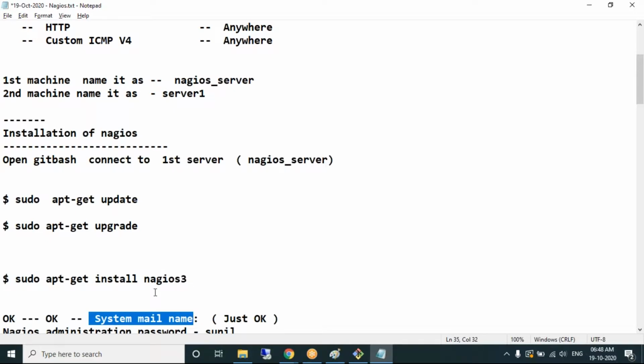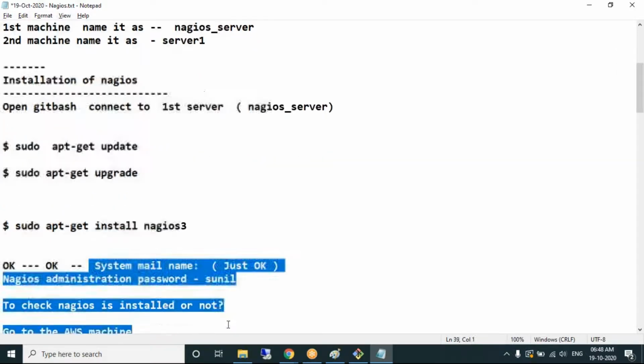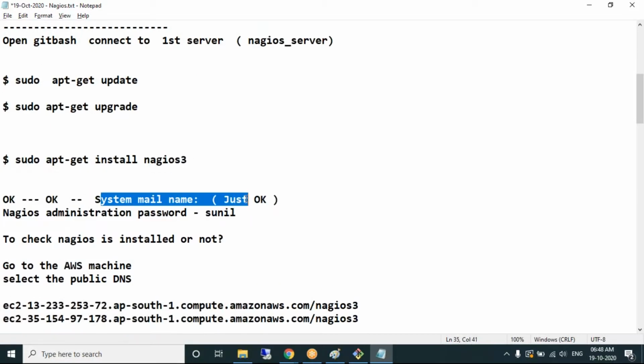According to the operations team, they'll give us the mailing server details. We need to configure the email address to which we need to receive the notifications, and the thresholds. We have ignored it because we are not having any mail server. That email server is not like normal Gmail or any other; the company maintains its own email servers. So that information.